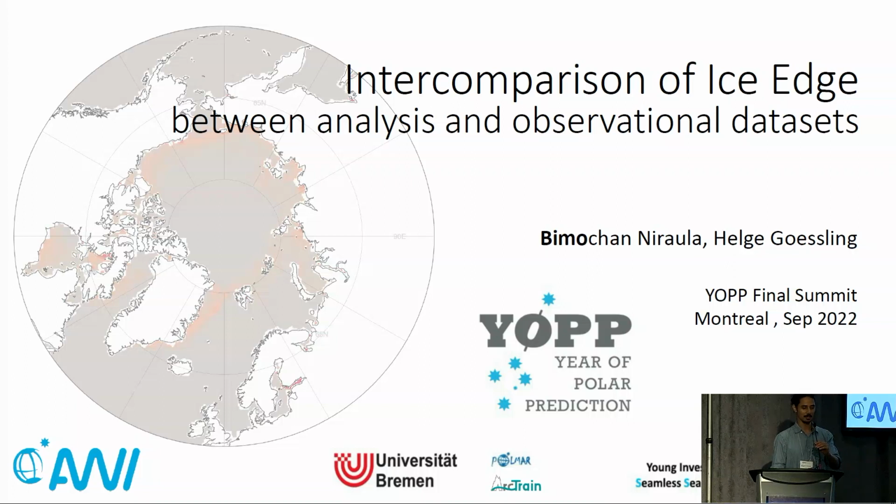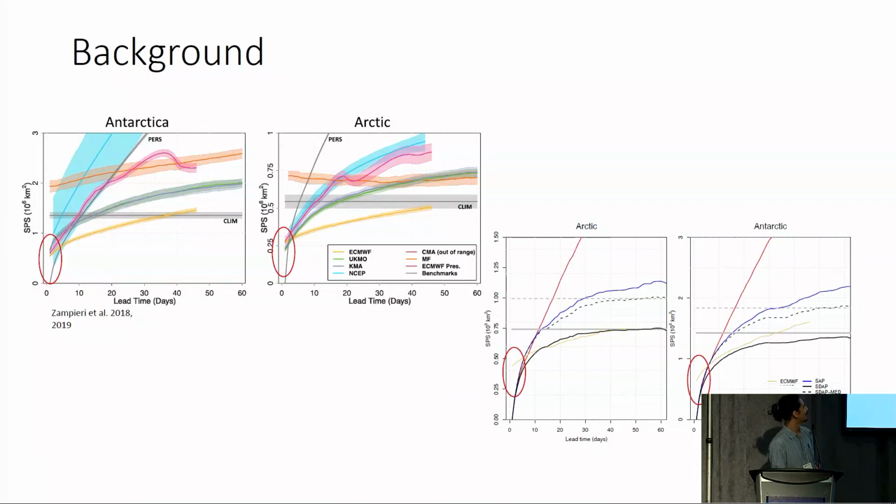But before going to the topic, let me start with a little motivation. Somebody recently said that we stand on the shoulder of giants, and I definitely stand on the shoulder of Lorenzo. So the story began when he looked at the ice edge in different models from the subseasonal to seasonal database, and he found that among all the models in this database, ECMWF was performing very well, except it started with,